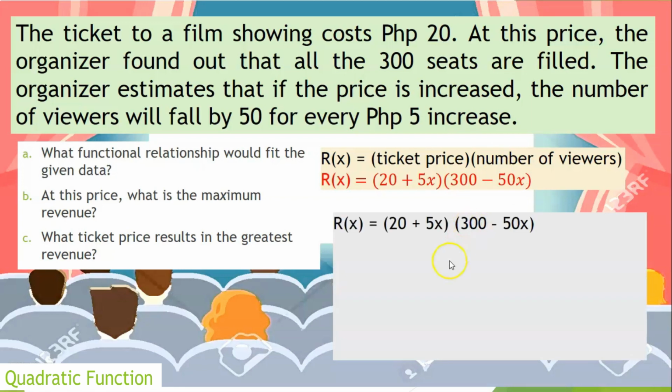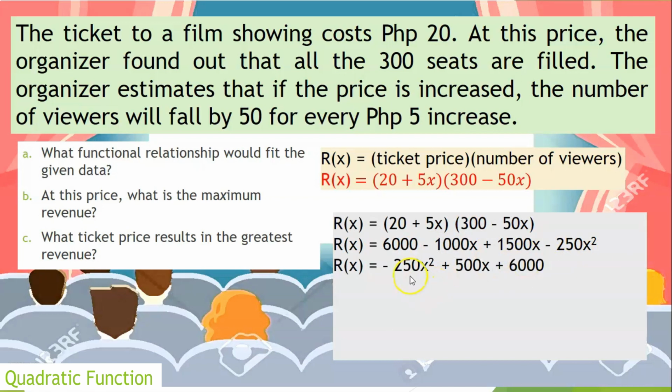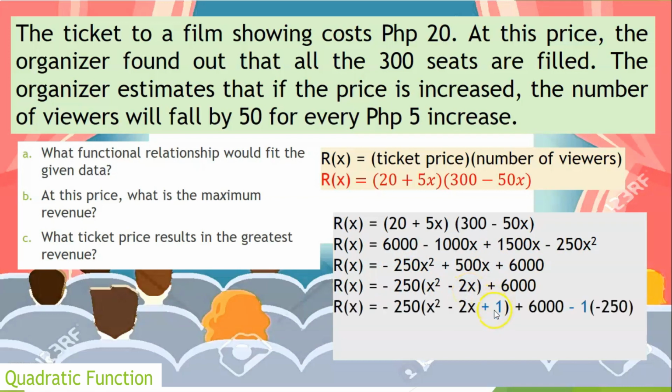Now, simplifying this using the FOIL method, we will get this. Combining like terms, factor out negative 250, completing the square. Half of 2 is 1, squared it will get 1. So minus 1 at the end, but multiplied with the negative 250 at the beginning. Rewriting this in binomial form, we will get this. Therefore, the vertex is 1 and